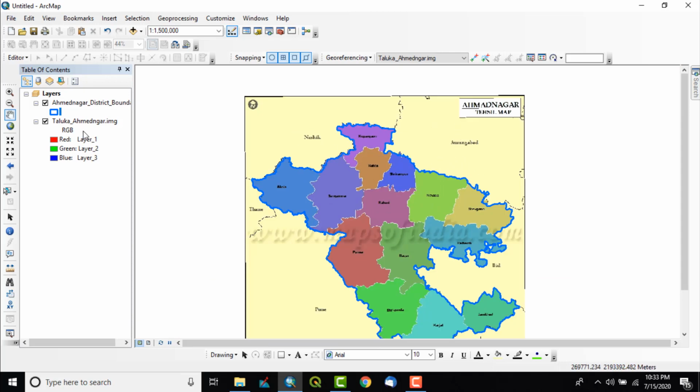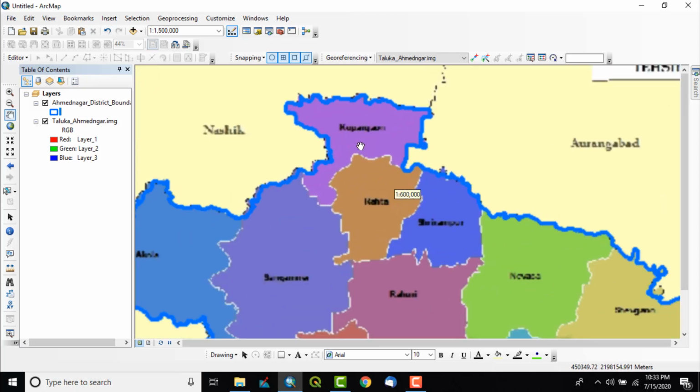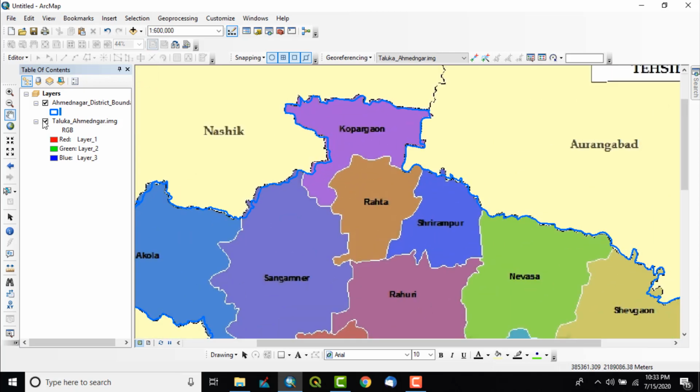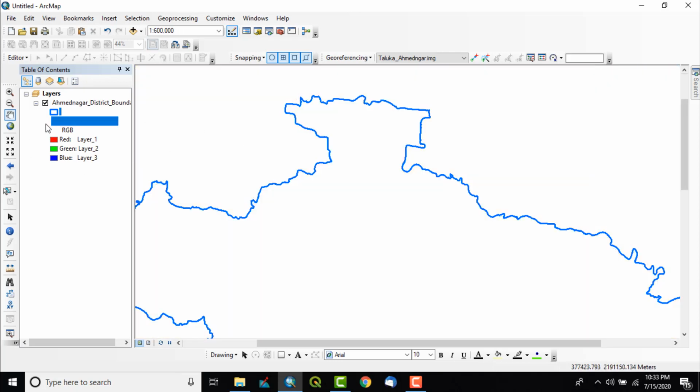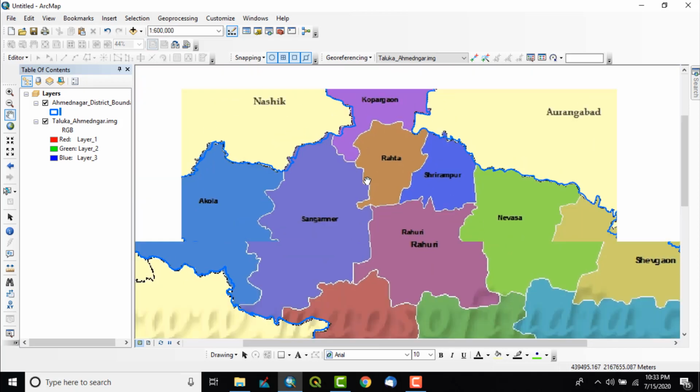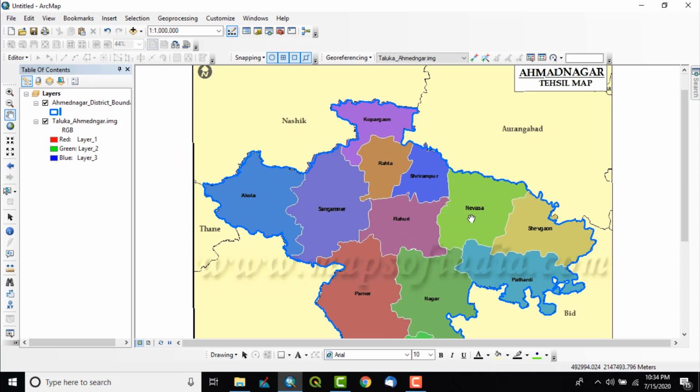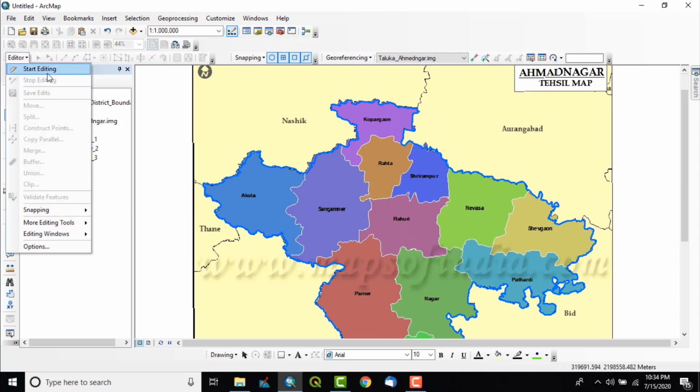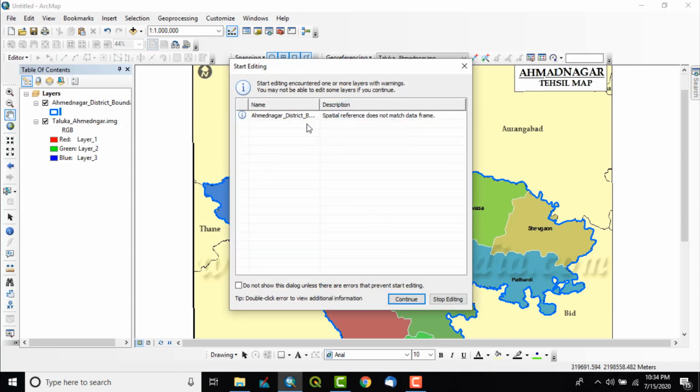So what next? I can simply create polygons with this shapefile. Suppose I want to digitize Kopargaon Tehsil or all the Tehsils in the Ahmednagar district. I will simply go to the Editor and start editing. Continue.